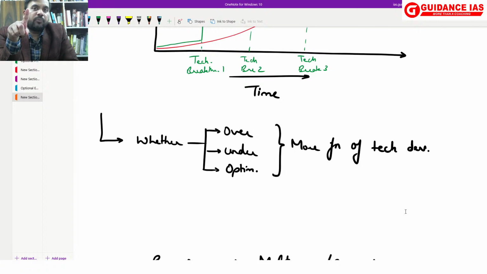So the level of overpopulation which existed before the Green Revolution and the level of overpopulation which has existed after the Green Revolution is different. Again, I can give an example, or you can give another example. Take the case of Japan. It is an island nation, and despite being an island nation it has quite a good population. Or take the case of Britain. Britain is an island with a good population, very high population density. Despite that, it enjoys very high standards of living, which clearly means it is optimum populated.